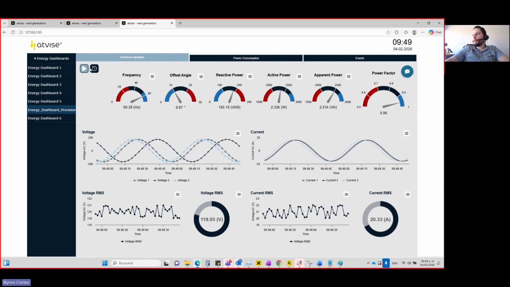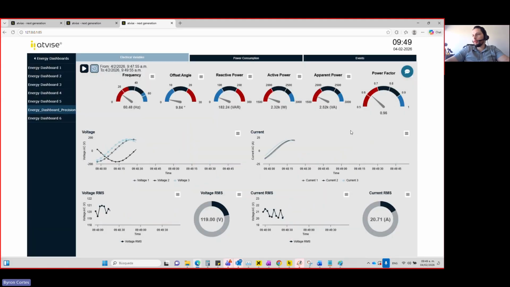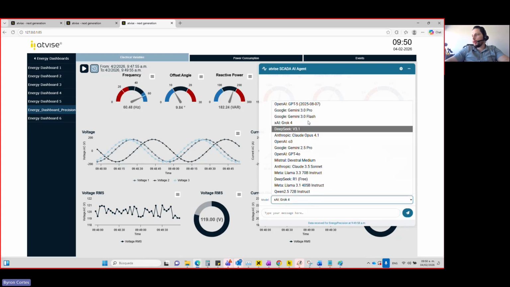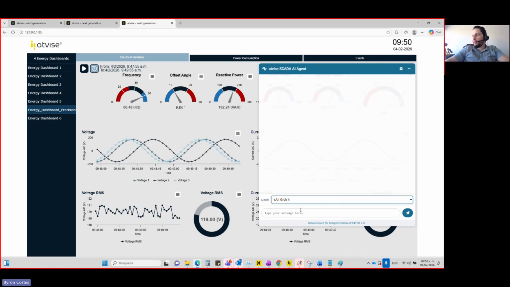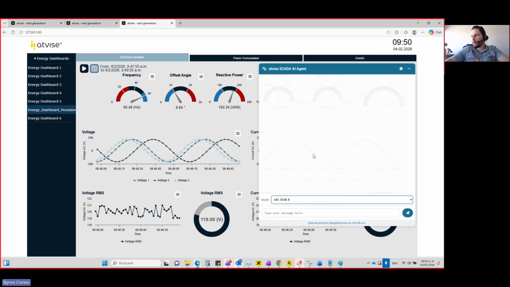So what you can do is define a time range. For example, this time range is going to be good. And go ahead and talk to the AI agent. So it says that it received the energy information. I'm going to use Grok as well here. By the way, you have multiple LLM providers available. As I said, we work with Grok, but you could use any. For example, we also have GPT-5, so that's another option.